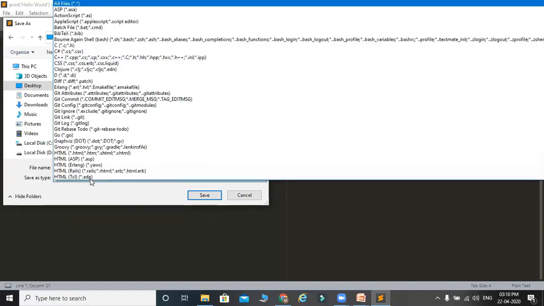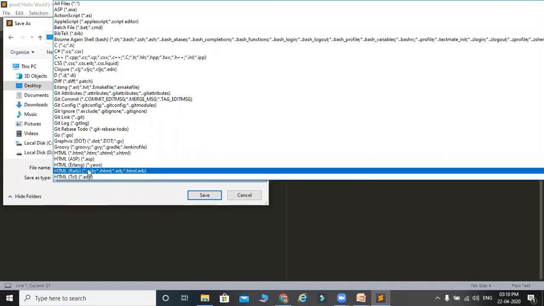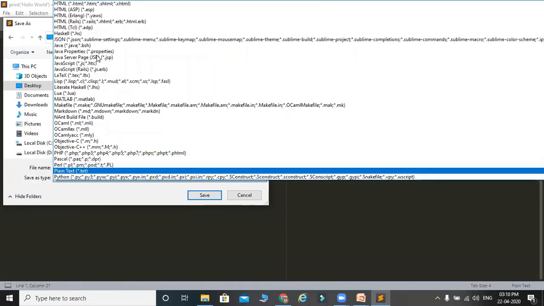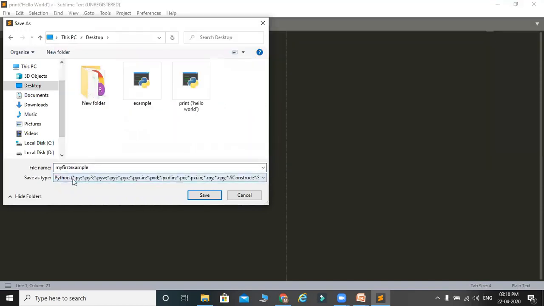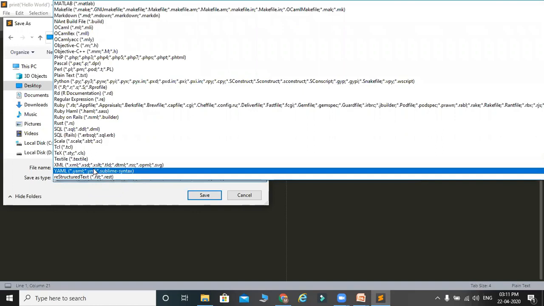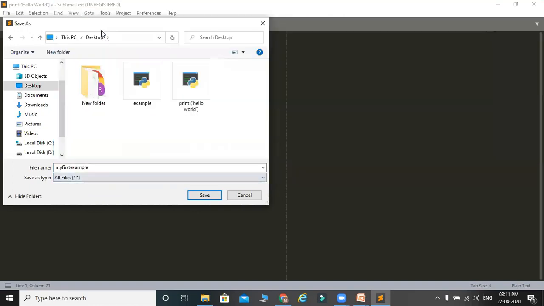First, in the Save as type, select Python. So here you see that there is an option Python. So you can save the file as a Python file and save it. The other option is to just keep it as All Files and give it an extension .py and then save it.